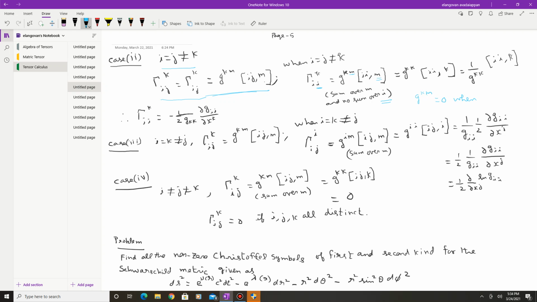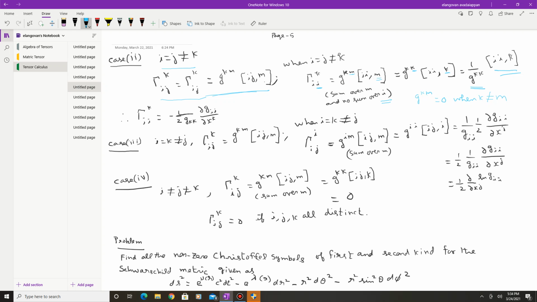And k is not equal to m, and therefore only when k is equal to m, both are equal, this is a non-vanishing value. So this term becomes I k, and we have already defined the contravariant component is equal to 1 divided by g of kk. This is the covariant component. We have already shown this one. So you substitute this value instead of the contravariant component g kk, you write the covariant component g kk.